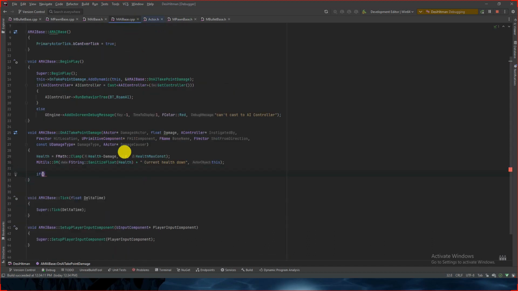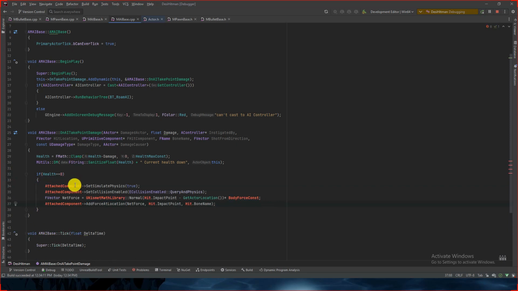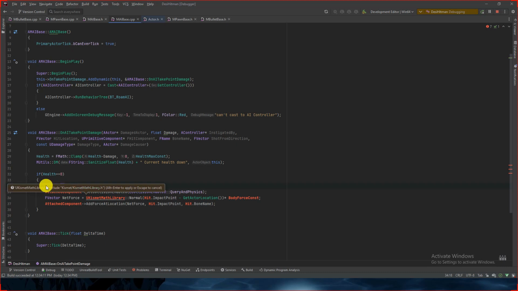If health is 0, get mesh, for hit we have